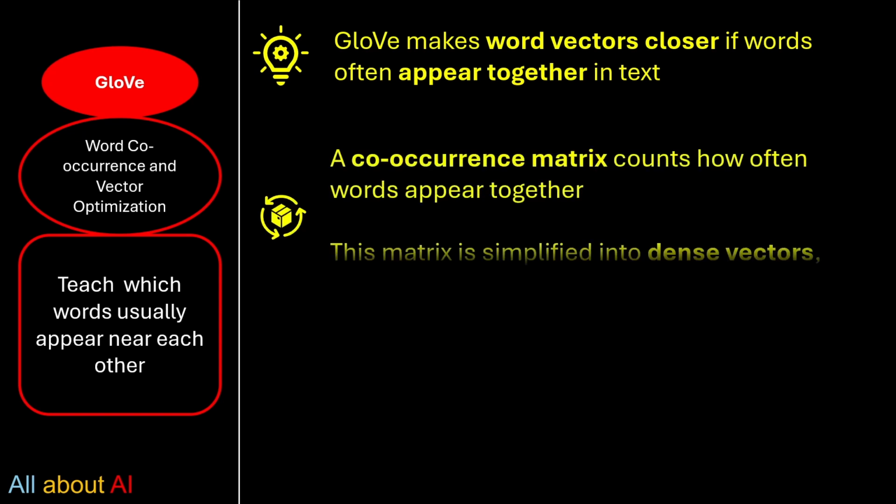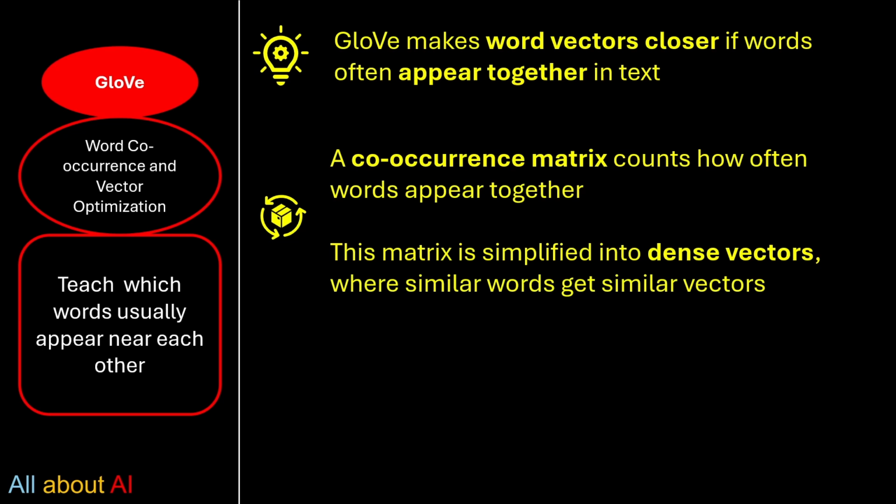So fundamentally, a co-occurrence matrix is built which counts how often words appear near each other. This matrix is then simplified into dense vectors using gradient descent or similar algorithms. The model optimizes those vectors so that words with similar meanings, or that often appear together, have similar vectors. For example,